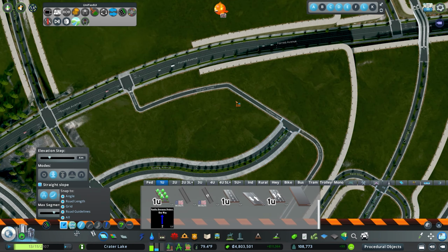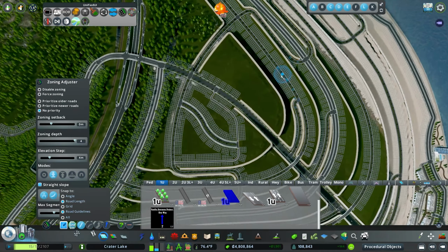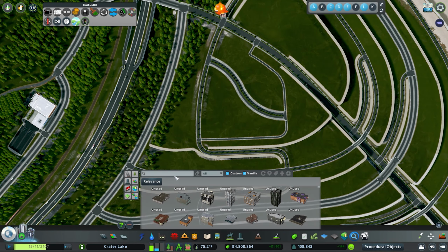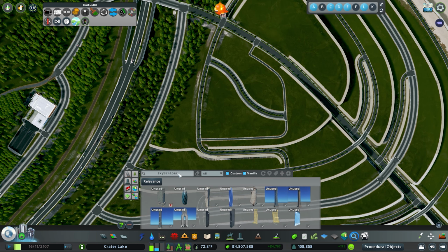better. Because then I can come in here as well, do the same thing, go back to straight. I don't want it to be that big. So then we'll go like this and then begin to turn it. So let's go ahead and connect that up. Perfect. Nice. And so I have a bunch of skyscraper assets, I have a bunch of them, but